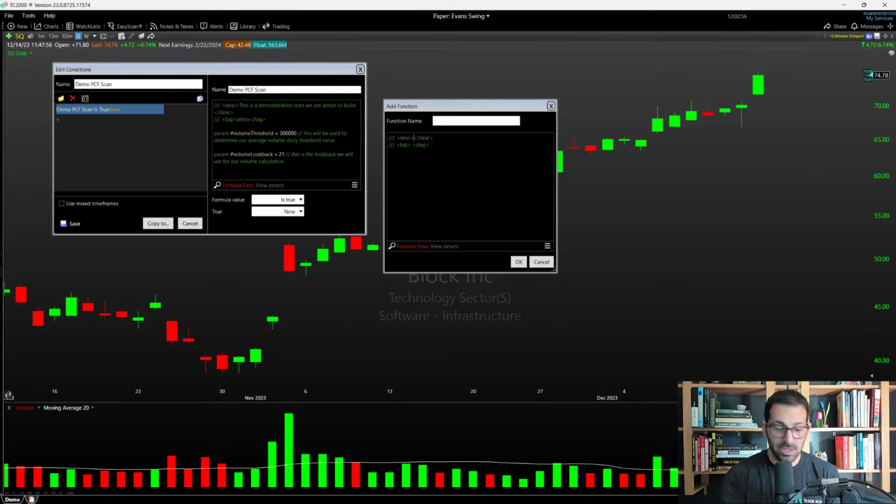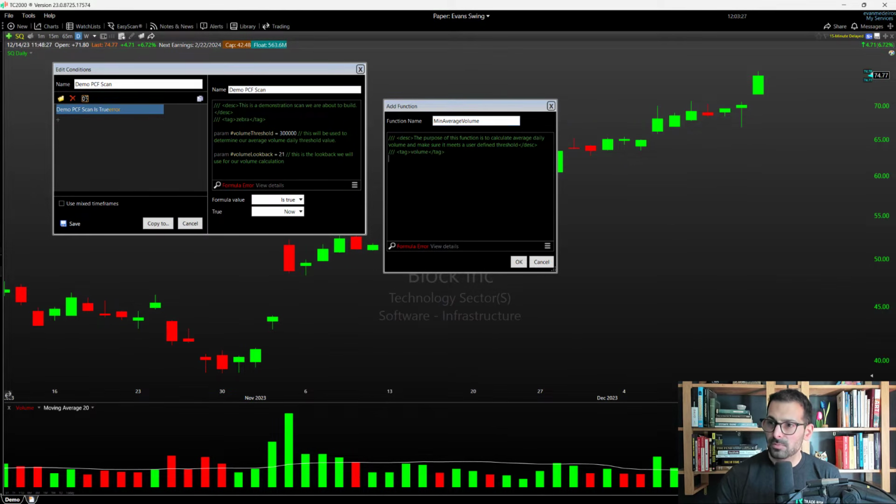So for this description, the purpose of this function is to calculate average daily volume and make sure it meets a user defined threshold. Okay. The tag, let's just use volume here. And again, you can always give this function a name. Let's just call this average volume. Or let's call this